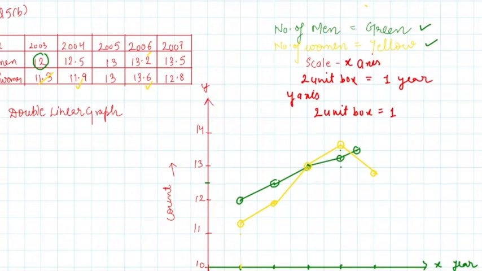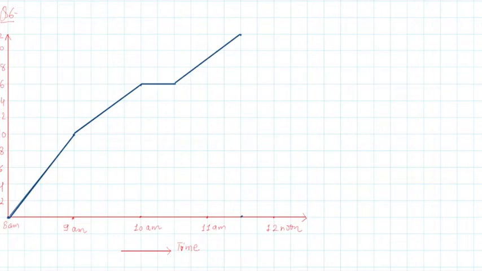Let's move to the next question, which is question number 6 of this exercise, where the graph is given. It is a time and distance graph. Time and distance graph is given, and we have to answer the questions given as: a courier person cycles from a town to a neighboring suburban area to deliver a parcel to a merchant. His distance from the town at different times is shown by the graph. The different times which I have taken on the x-axis are 8, 9, 10, 11 am, 12 noon, and this is the distance covered in kilometers on the y-axis. On the basis of this, we have to answer the following questions.